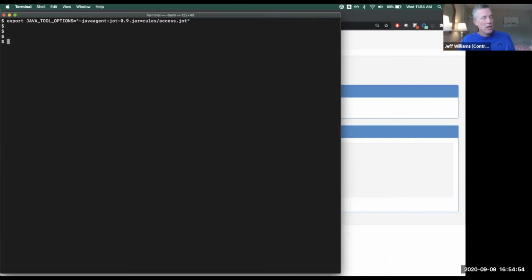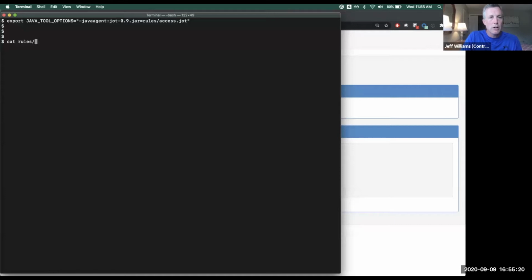You've got to log in with each user in each role, browse around the application, figure out what you can access, then go to another role and see if you can access the stuff from the first role. And the combinatorics gets really complicated. If there's a dozen roles and 200 endpoints, it gets very complicated to figure out if you've tested everything. So using a jot, you can quickly do that.